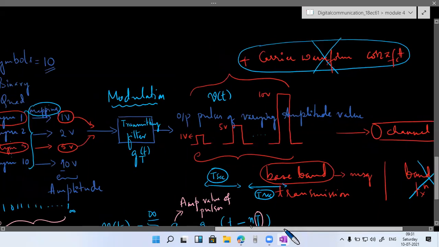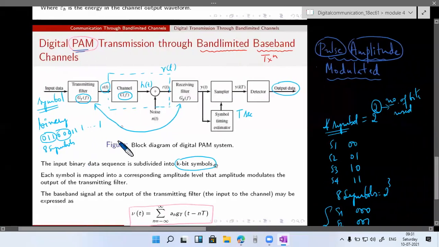And in turn, we'll model our channel. We have modeled our channel as a block associated with the transfer function C of f. Here we can think of our output h of t, which is the output of this channel, getting added up with this noise component n of t, because this noise is of the additive white Gaussian kind. So these two get added up and will be received as r of t, where r of t is our received signal, which will in turn be fed to our receiving filter.